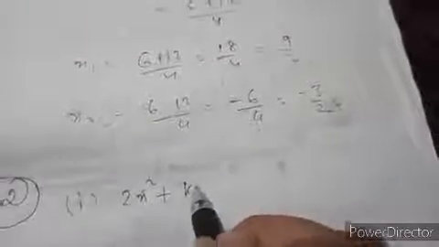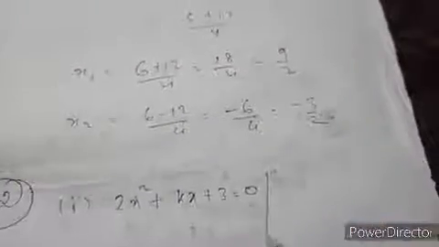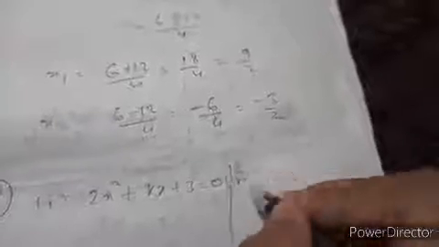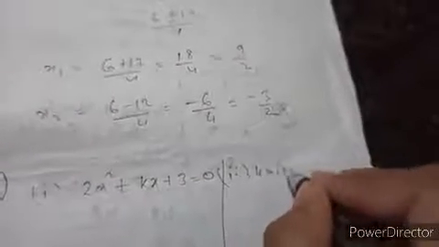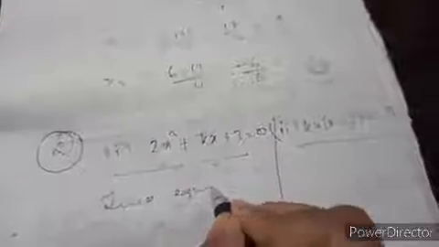Okay, next is question number 2 given here. What is given here? Find the value of k for which the following quadratic equations have two equal roots. Here there are two questions. The first equation is 2x square minus kx plus 3 equals to 0, and the second equation is kx into x minus 2 plus 6 equals to 0. In both cases, what is the condition given? Two equal roots, isn't it?